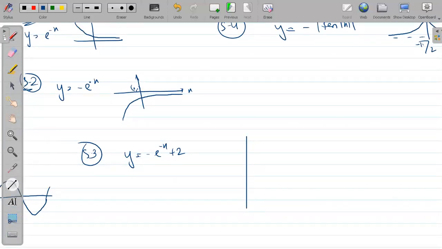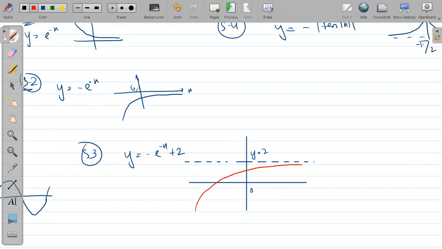What graph will you get? Can you tell me? Yes, sir, definitely. So here is a line which the graph is never touching. Suppose the line is moved here only. Make it a dotted line. This line is y equal to 2 only. This is 0. So the graph will cut at what point? You just check it out. I'm drawing it with red color. It is like this graph only.